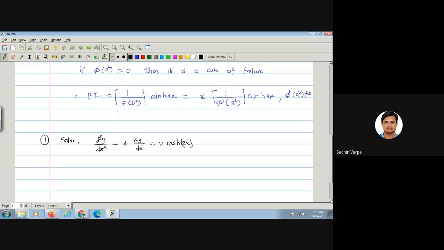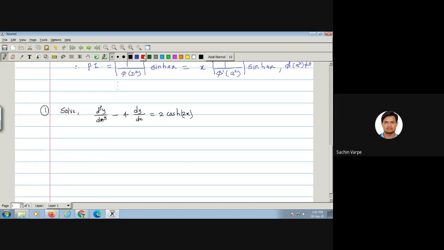So its solution is again, as the right hand side is non-zero. If the right hand side is 0, then the complementary function is nothing but the general solution, and that is called the general or complete solution. But if the right hand side is non-zero, then we have the complementary function as well as the particular integral. Remember, so here the right hand side is non-zero, so we have to find both CF and PI.